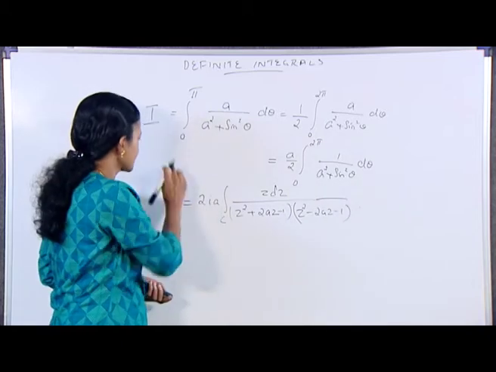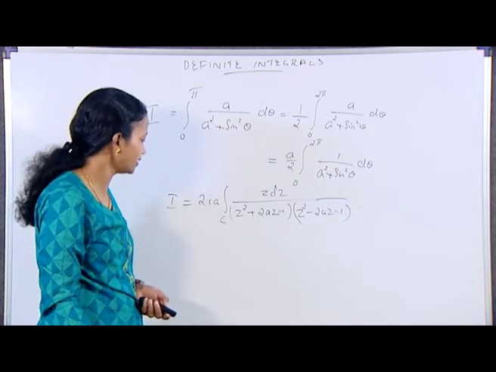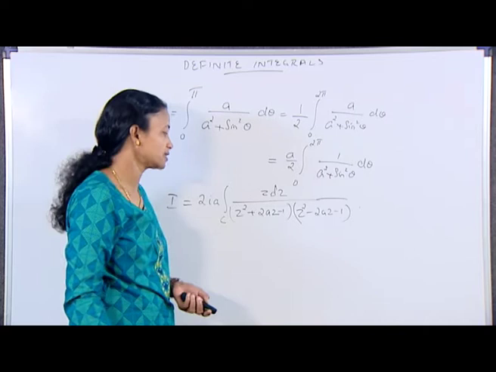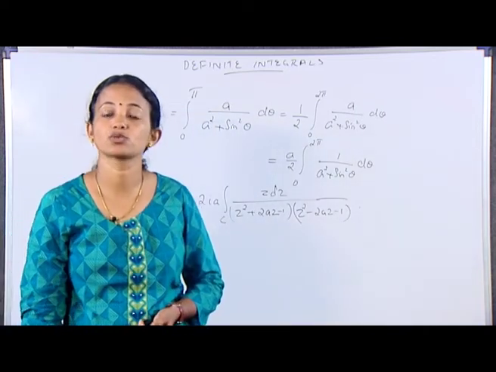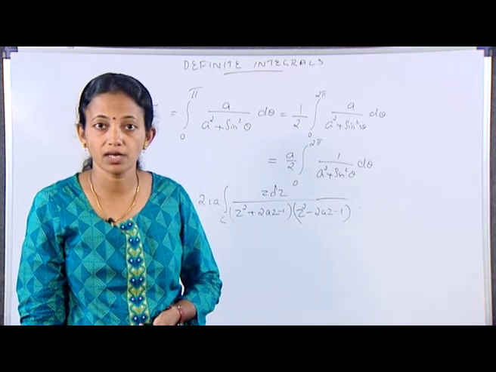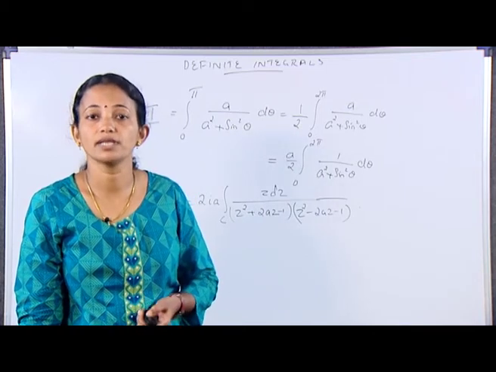So, we can write this integral I is equal to 2iA integral over C z dz by z square plus 2az minus 1 into z square minus 2az minus 1, where C is the unit circle with the origin as